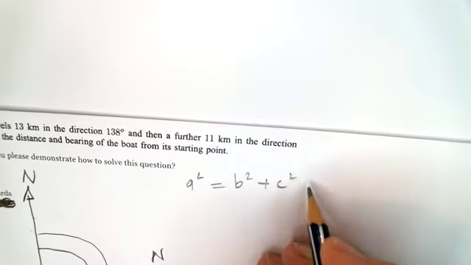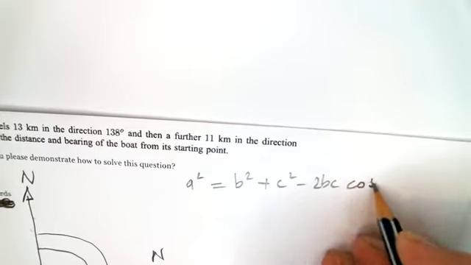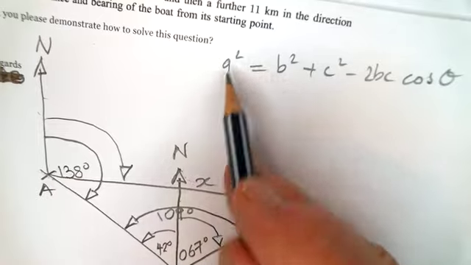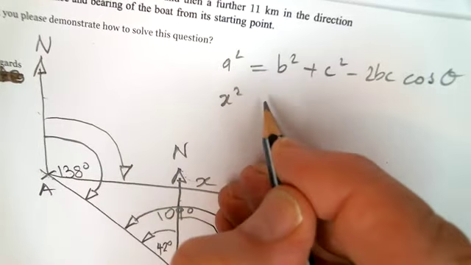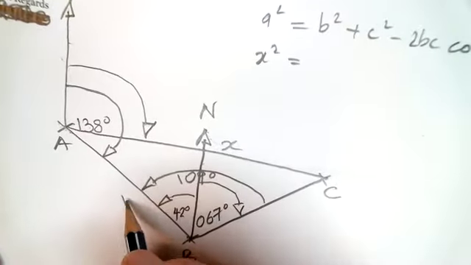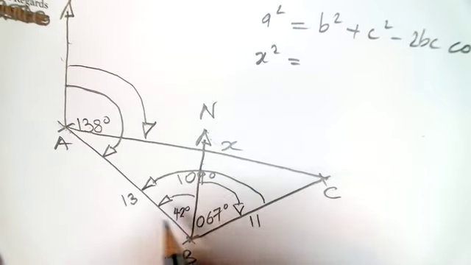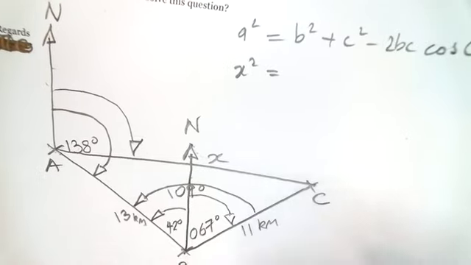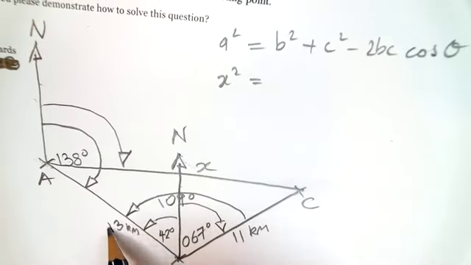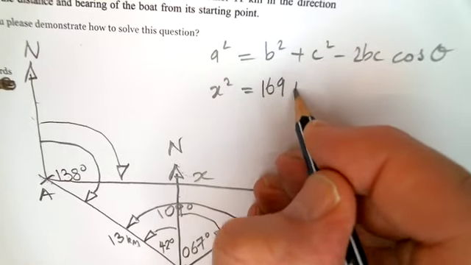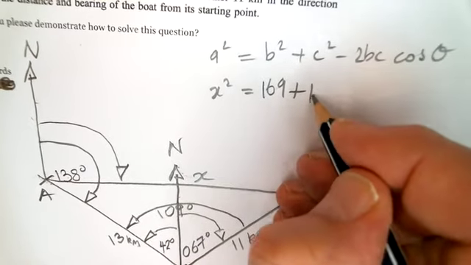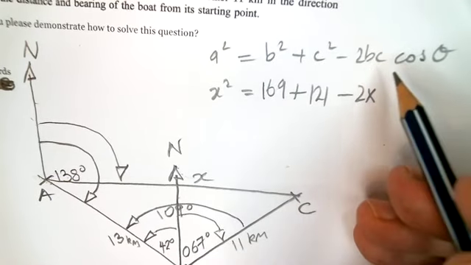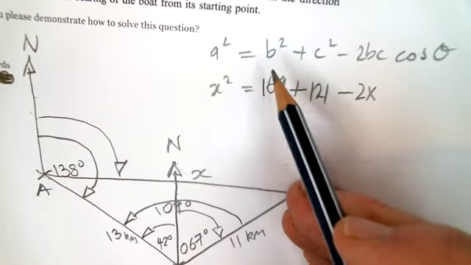There it is. So we can now use the cosine rule, which states that a squared is equal to b squared plus c squared minus 2bc cos theta. In this case, a squared is going to be x, so I'm going to call that x squared, is equal to, and these are just b and c, this was 13, and this was 11, these are both in kilometers. So we've got b squared, well 13 squared is 169, and c squared, 11 squared is 121, minus 2 times bc, well 13 times 11 is going to be